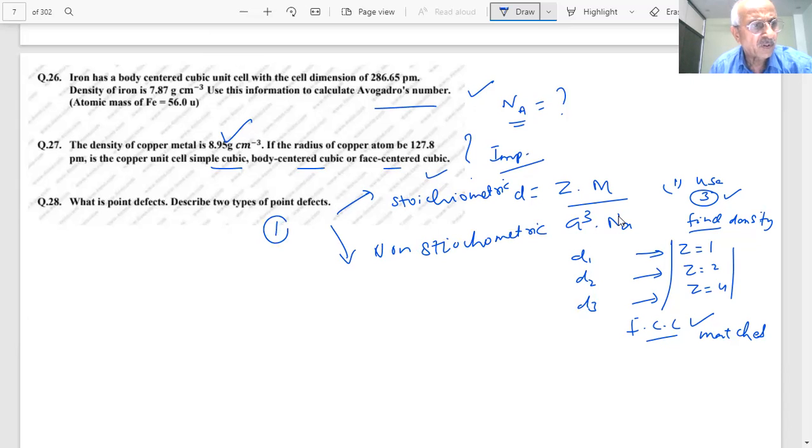This ends our topic of solids. Then we will proceed to the next chapter. I hope you have been exposed to all types of questions and you are aware of what type of numericals are coming. There is only a variation in the numericals. The formula is the same. Only 2 or 3 types of formulas we are using all the time. Variables and the type of question will change. The a and r relationships are important, coordination number is important, and the types of defects are important. Every type of question has been covered by us, and they could be put in objective type or assertion-reasoning type.